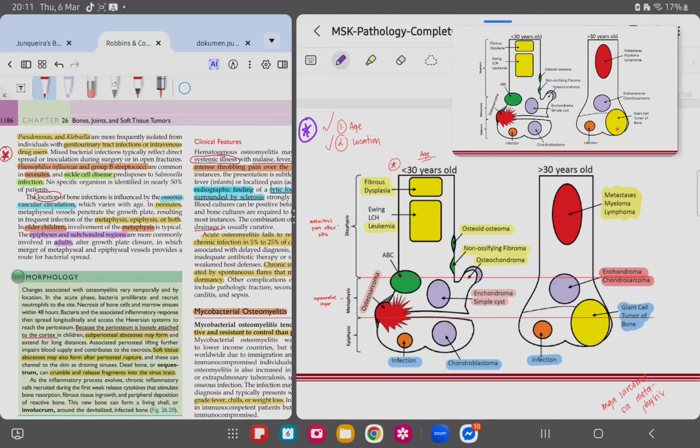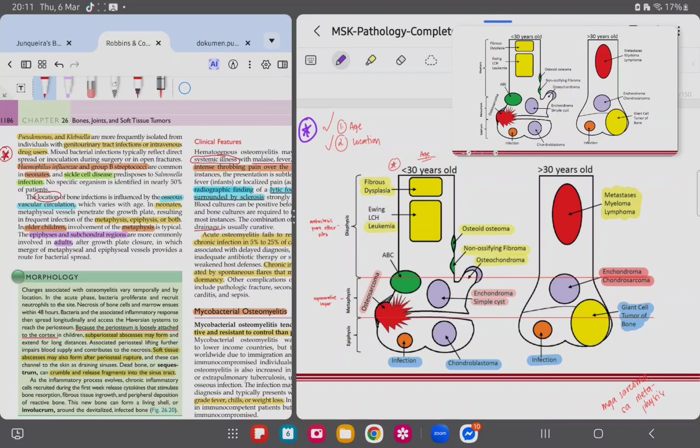Then your giant cell tumor and chondroblastoma can look vaguely similar because they both harbor multinucleated giant cells. But again, the clue is in the age of the patient, and of course, the phrase chicken wire calcifications is most commonly associated with chondroblastoma. At the same time, some of these lesions, not necessarily malignancies, may be seen in both ages, such as your enchondroma, which is usually located in a submetaphyseal location. Infections, especially those adjacent to the joints, while the rest are usually associated with specific or with certain age ranges.